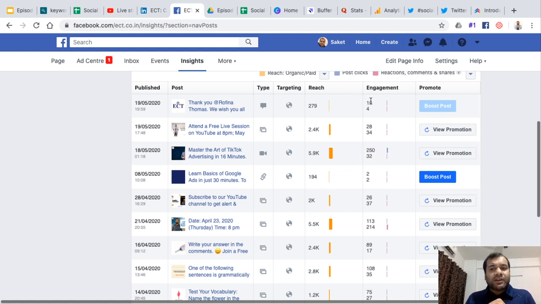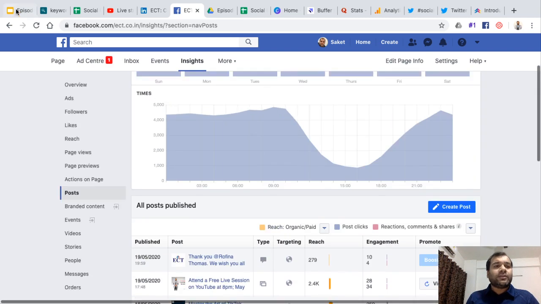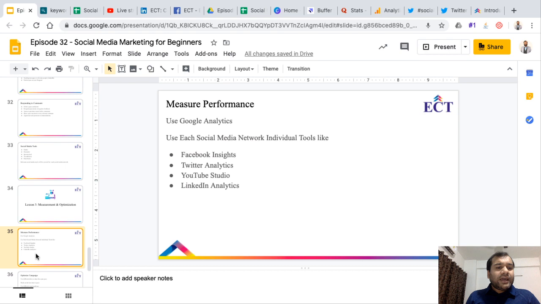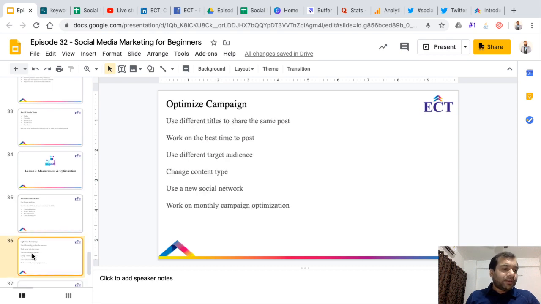What is the engagement, right? This is given here to see various insights into which posts are performing better. You can check that in Facebook Insights, and then you measure, and then finally optimize your campaign.